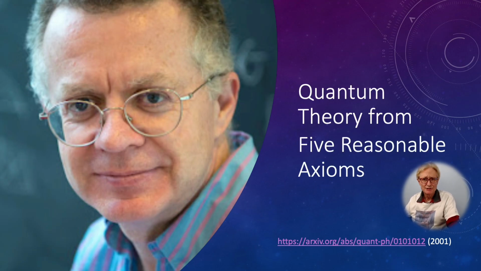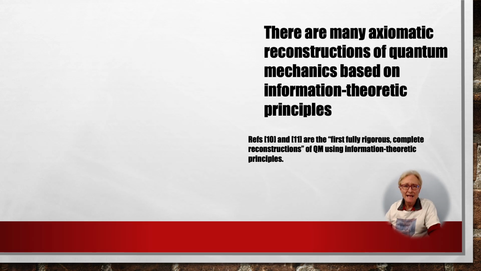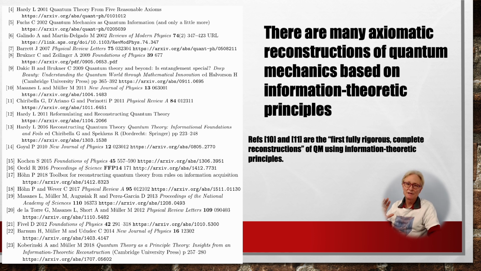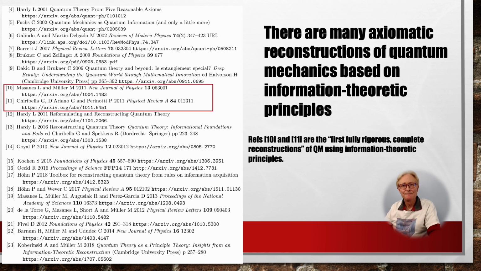The first such axiomatic reconstruction of quantum mechanics via information theoretic principles was produced in 2001 by Lucien Hardy. And many have been produced since, with the first fully rigorous complete reconstructions, according to Markus Müller, published in 2011. They can all show how the Hilbert space formalism of quantum mechanics follows from some empirically discovered fact. But I will focus on those that start with the quantum bit of information, or qubit, according to information invariance and continuity. To do this, I will use a property of electrons called spin, as introduced in episode 2.